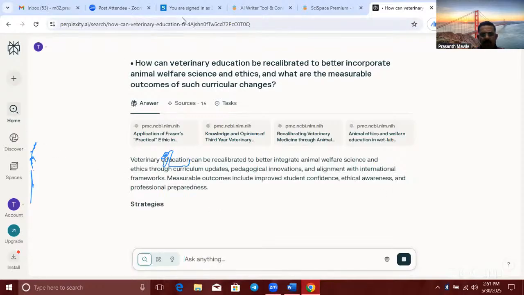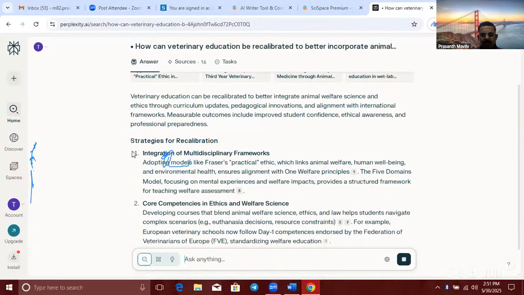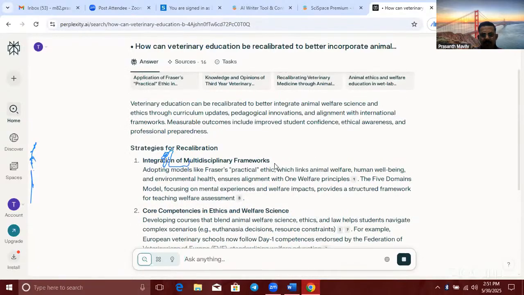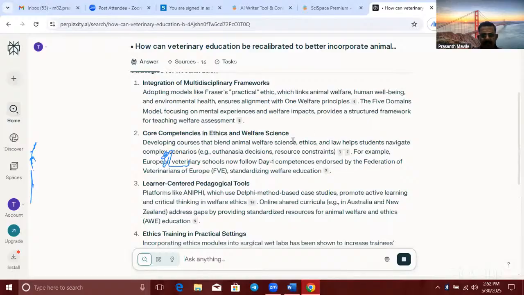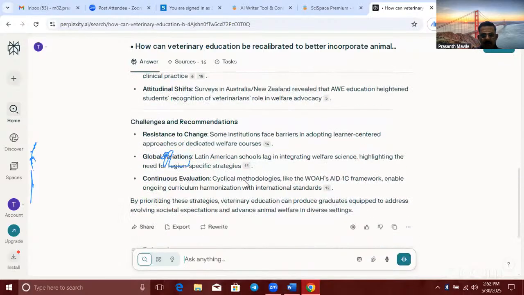This is the query I have given. And it has taken data from 16 sources. Strategies for recalibration. You can see different core competencies in ethics and welfare science. Measurable outcomes.